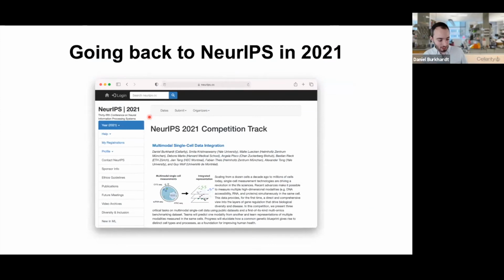What was also really exciting at the end of that workshop is that the organizers of Open Problems, along with some of our other scientific collaborators, submitted a competition to NeurIPS for 2021, that conference I mentioned at the beginning. They host a set of machine learning competitions every year, and ours was one of 23 to be selected for this year, and the only one in the life sciences. This is one of a handful of life sciences competitions ever to happen at NeurIPS, and I think the first one in single-cell biology. So the title of this competition is Multimodal Single-Cell Data Integration, and this is most of what I'm going to talk about for the rest of the talk.